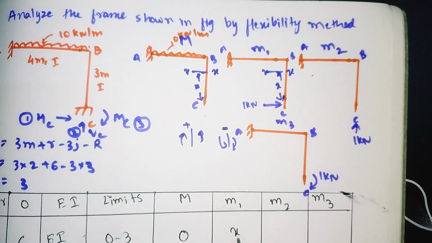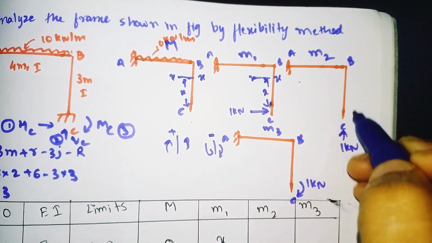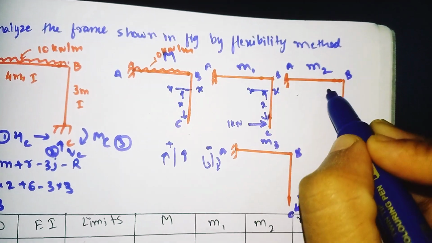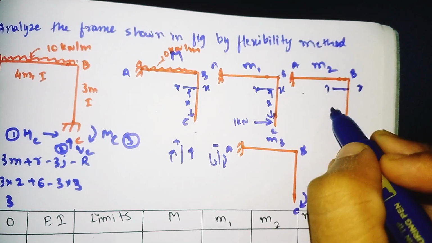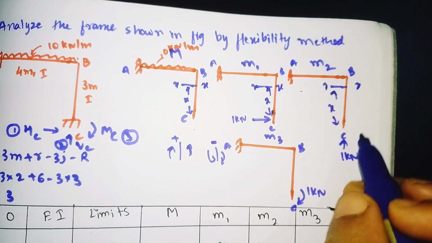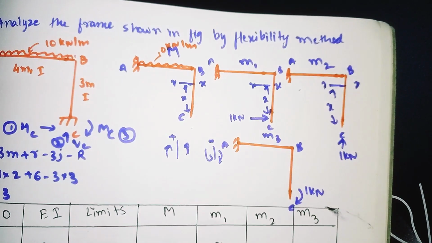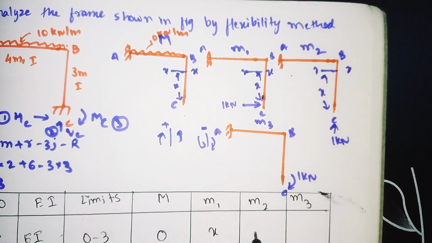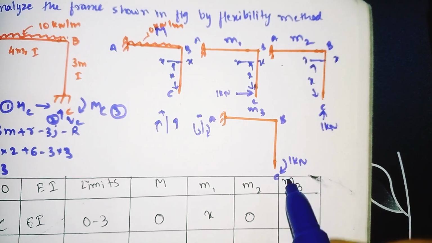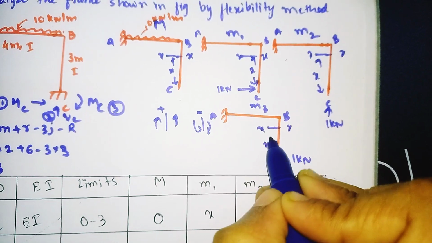So positive x. Similarly for M2, if you cut the section for member CB, we have the origin C. If you cut the section x-axis far away from the origin C at a distance of x, 1 kilonewton is acting axially to this member, so our moment becomes 0. So M2 becomes 0. Similarly for M3, if you cut the section x-axis far away from the origin C at a distance of x,